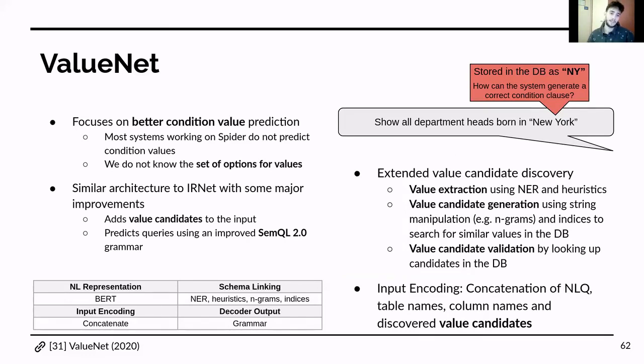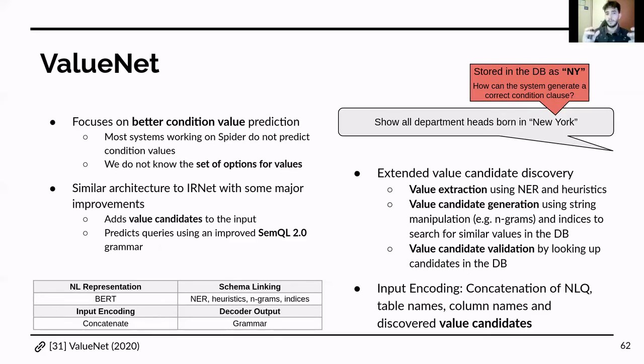Moving on, ValueNet is another system that works on the Spider dataset, and it is very similar to IronNet. What its main difference is and where it improves on IronNet is on predicting better condition values. And we have not stressed this out too much, but most systems that work on the Spider dataset are not that good at predicting condition values. And in fact, the leaderboard of all the systems working on Spider does not take into account their ability to predict correct condition values. And the reason for this is that when we are predicting a table or a column name, it is very easy to make a decision because we have a fixed set of options that we can choose from. However, when we want to predict a condition value,